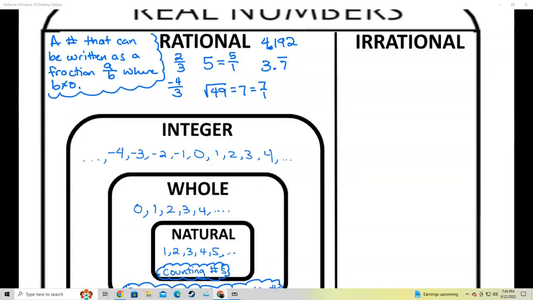In fact, even if it looks like this, like 3.164, and then all of a sudden it goes 4, as long as it goes on forever and it repeats, you can change that into a fraction, which means it's a rational number. So let's say